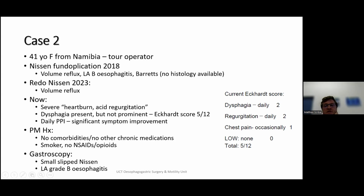It's a score that looks at 4 things: dysphagia, regurgitation, chest pain, and loss of weight. And you give each of these a score from 0 to 3, and the total is therefore 12, and she only scored 5, which isn't particularly high. The other thing is that she had improvement on her daily PPI. In fact, she says when she stops it, she really can't function. She's got no comorbidities, does smoke a little bit, but no other